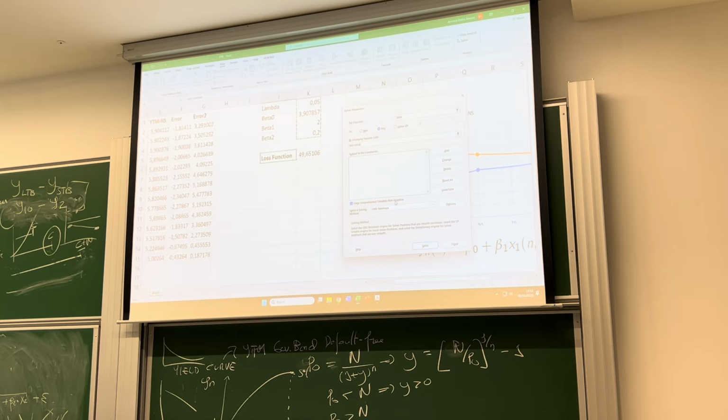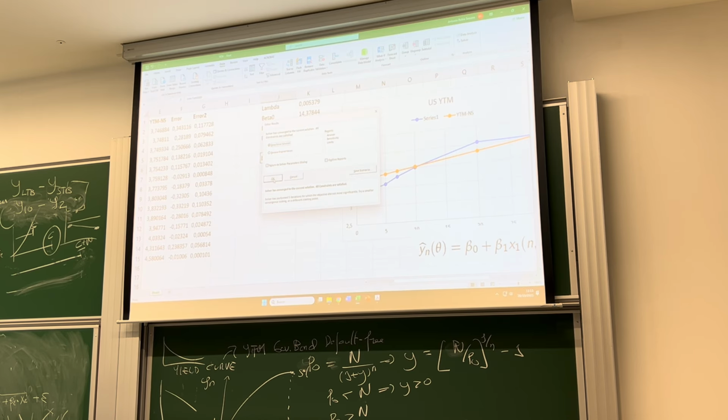This is a constant source of problems in my exam. In the exam, when you use Solver, statistically one of you will forget to unmark this thing. It's very, very unfortunate, because there is no reason why parameters should be positive by default. But stupid Excel has this click. So we need to unmark it because, as we discussed before, any restriction on the parameters is not necessarily needed. So we go for solve